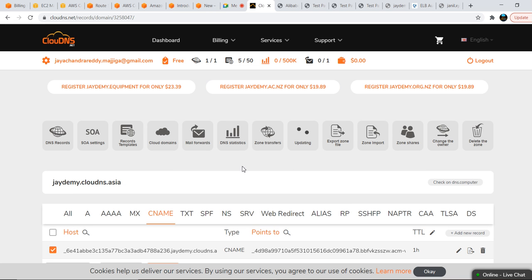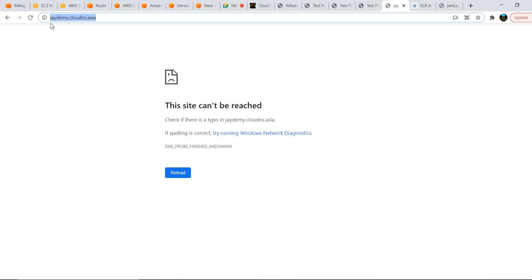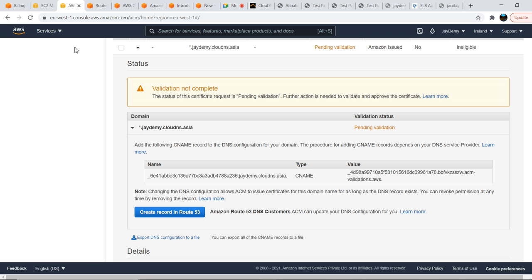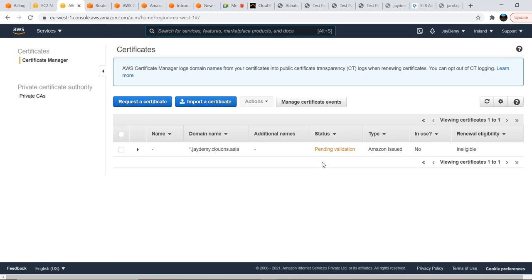I will check whether this website is working or not. If it is working, I'll ping you in the group chat. Then you can also verify whether the website works or not. Okay, and we'll go here and we need to validate the certificate also. The certificate's validation status needs to turn green. That one I will explain to you.